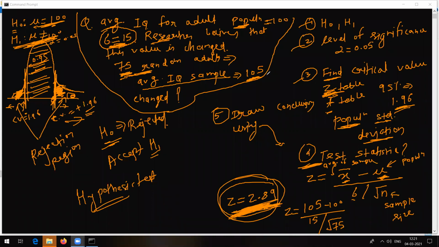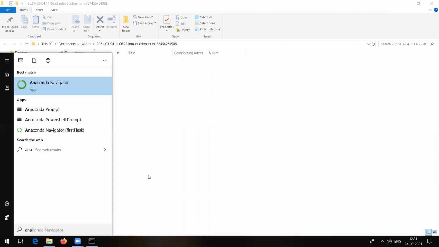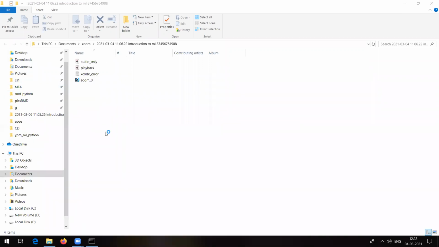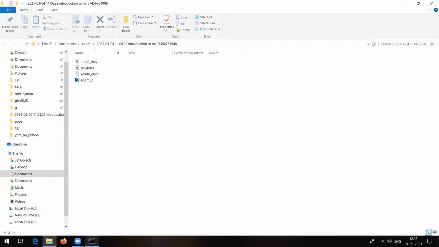Now, if I go to that IPYNB file and to my notes, and read it now, you will be able to understand what is written there. I will have to open everything once again because I cannot open that particular IPYNB file directly here. I'm going to need Anaconda. At least I need Jupyter to open that particular file.